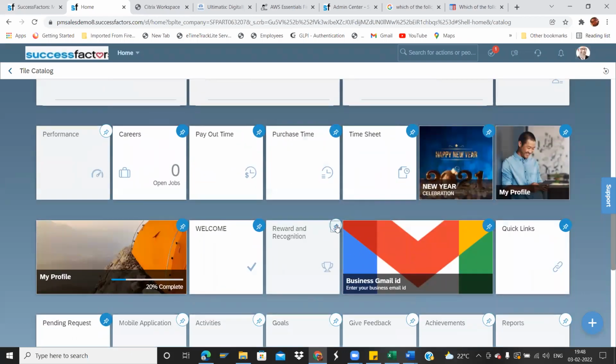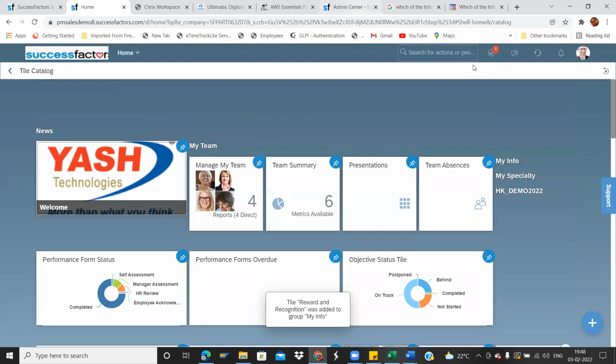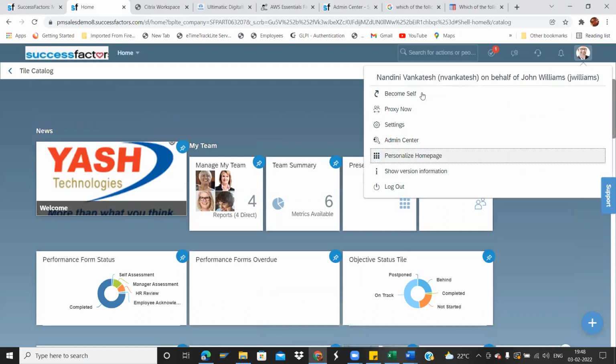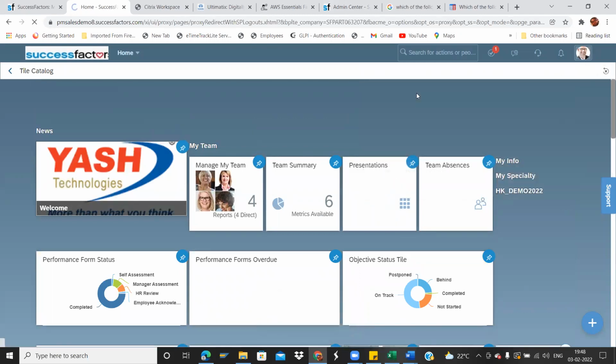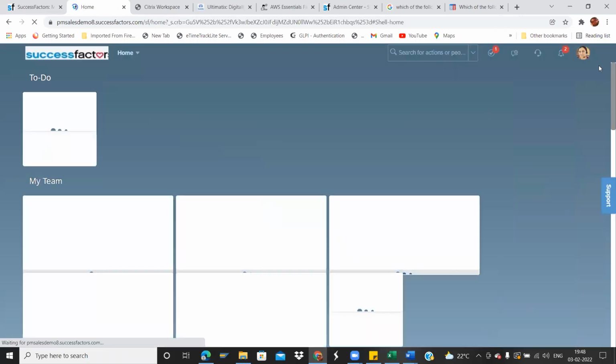Yeah, let me bring that back and become self. Now management says that any employee should not be able to remove the tile from his or her screen.